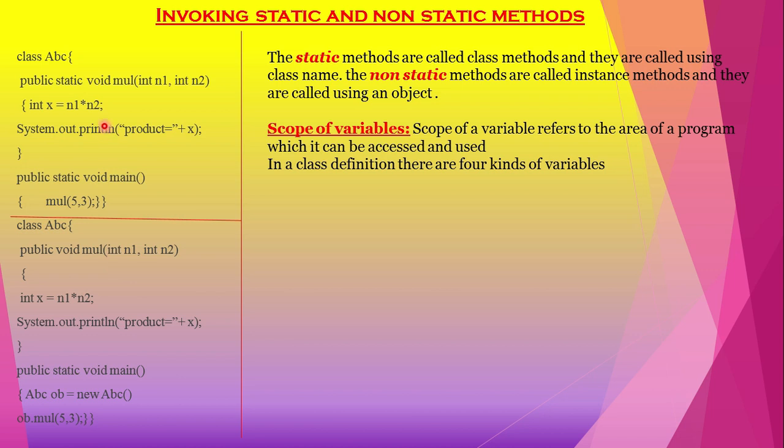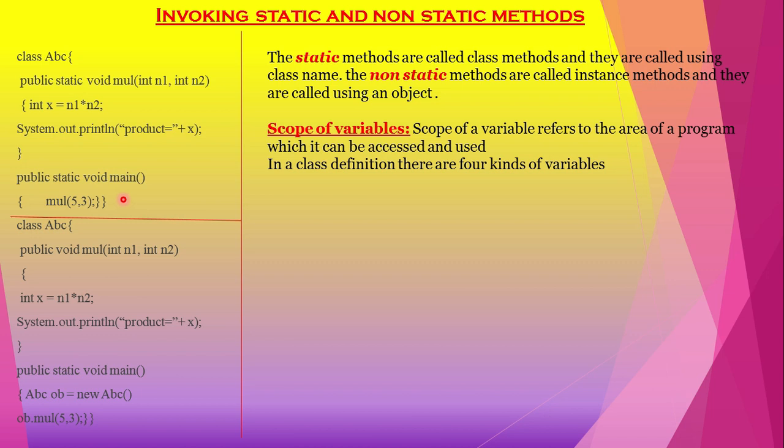So it's very clear. A static method can be accessed in a static context easily and directly by using the class name itself. That's why we called Math.sqrt; there were no objects created. Math.sqrt of any number, no object created. But see the Scanner class. If you want to use Scanner, you need to create an object for the Scanner class: Scanner ob is equal to new Scanner(System.in). That's the difference.